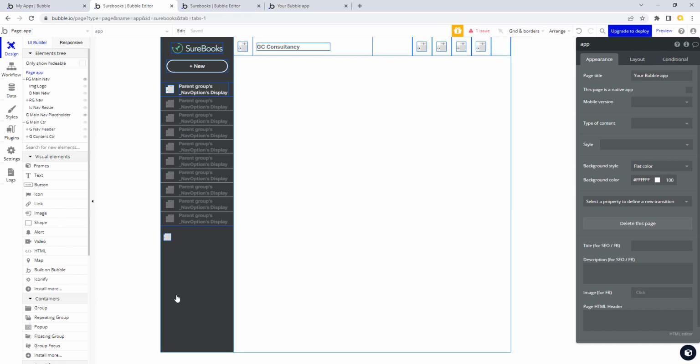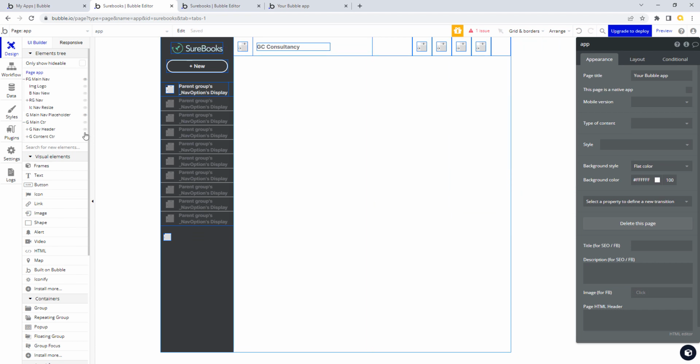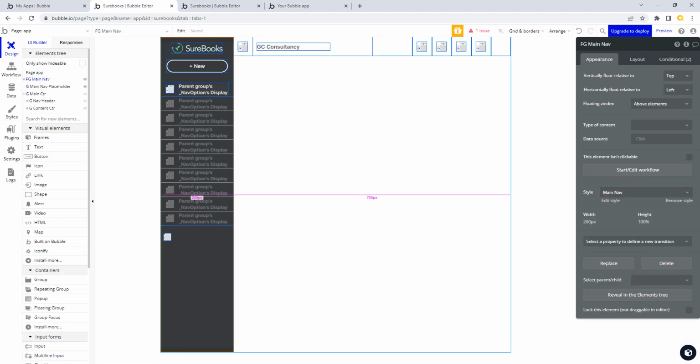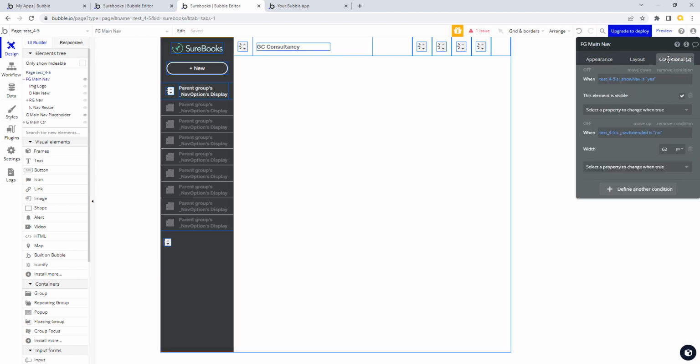So then, obviously the size of the navigation bar has to change whenever that changes. So we then need a condition on the navigation bar that will deal with that for us. Let's just go and have a look at that. If we have a look at what we did on the other one, on a navigation bar, we've got a condition that says when the nav extended custom state is no, we shrink